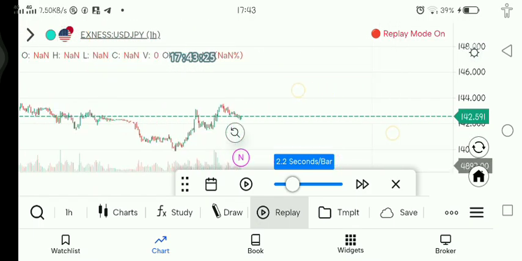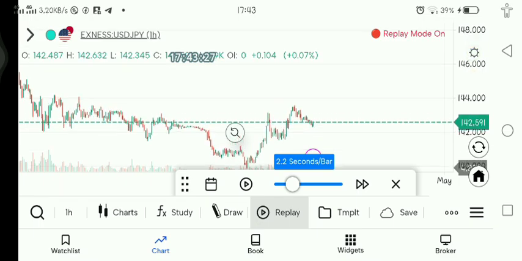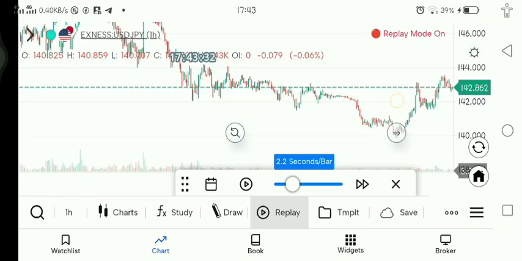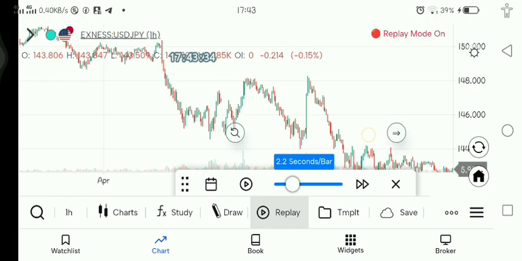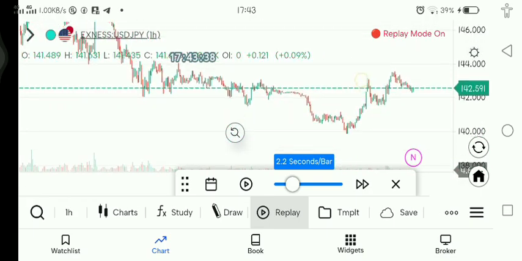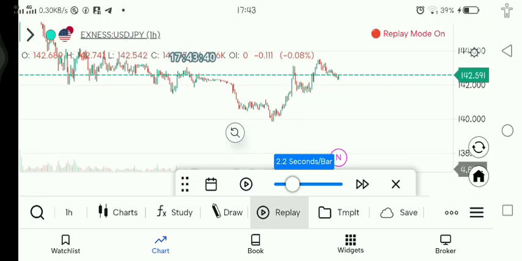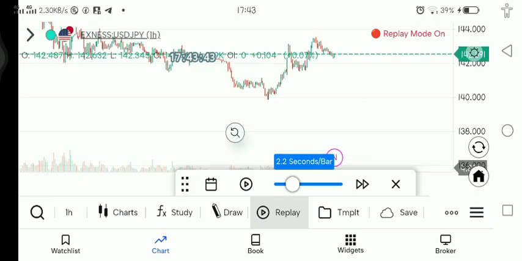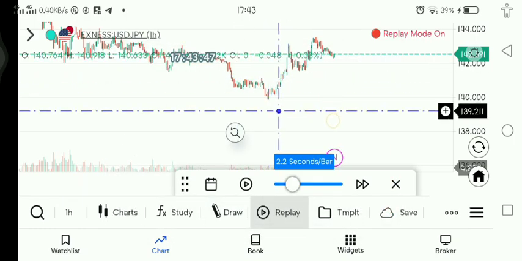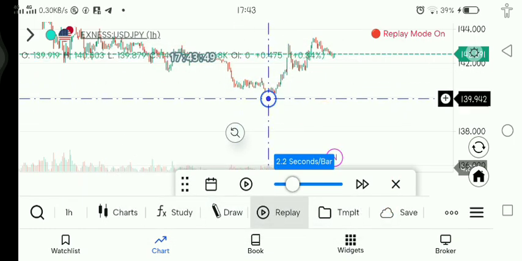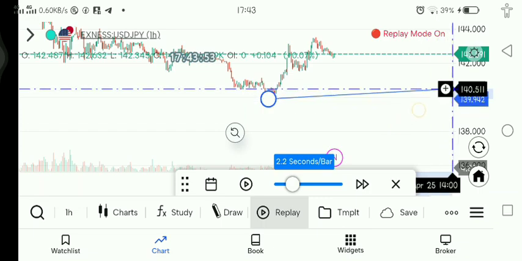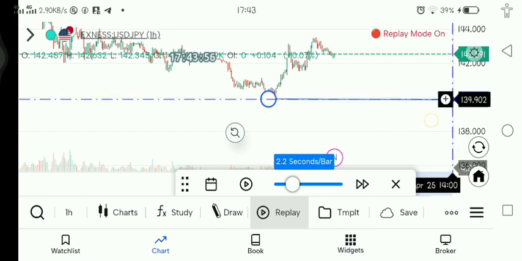What do we do? Remember, what we start with is first marking out the structure and knowing the direction of the chart. So right now we can see the price is actually in a downward trend. So let's mark out our structures. First we start by the lowest point of the swing, which is right here. So that's our lowest point of the swing,